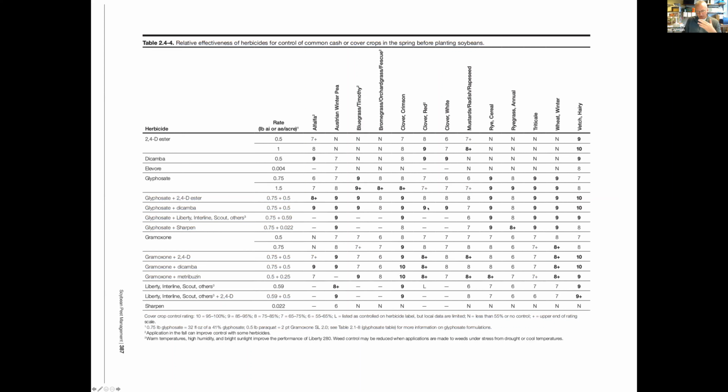All right, and then if you're growing a legume in a legume, unless you have a Liberty, or excuse me, unless you have a dicamba trait or 2,4-D trait or Liberty trait, it's going to be somewhat difficult to terminate that legume. So that might take you down the pathway again of terminating early. So again, remember, we're going to grow a variety that doesn't have the dicamba or 2,4-D resistance trait, and so